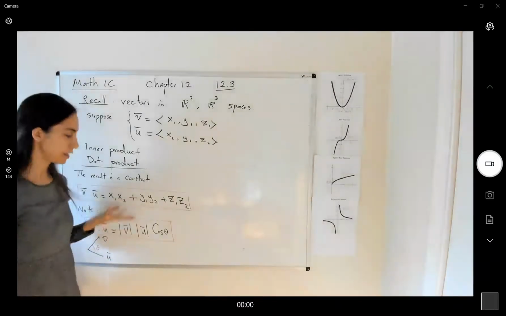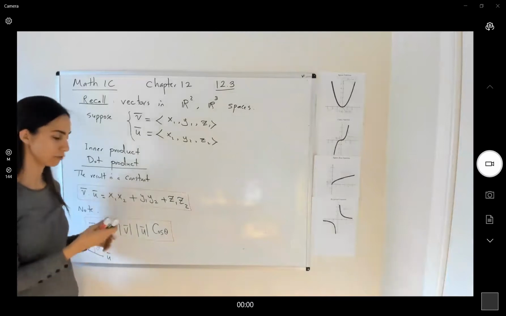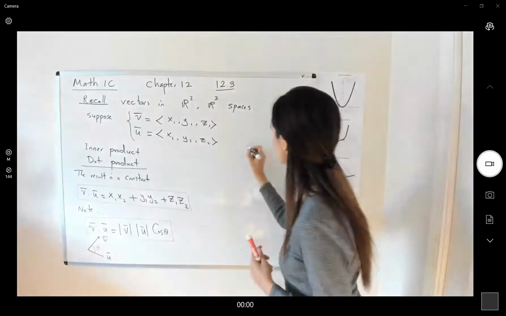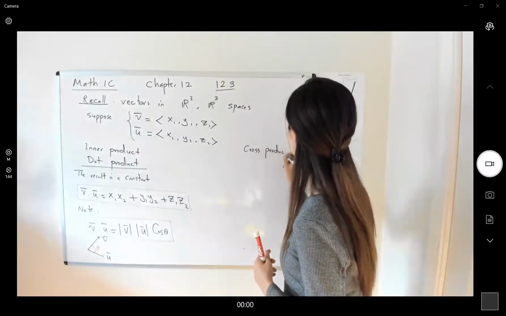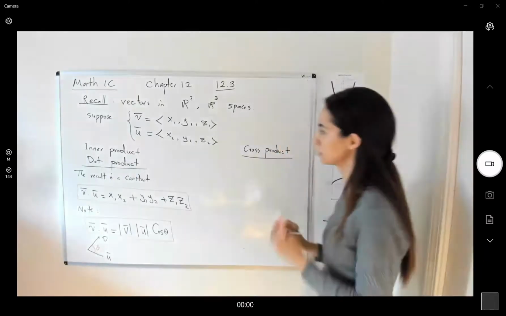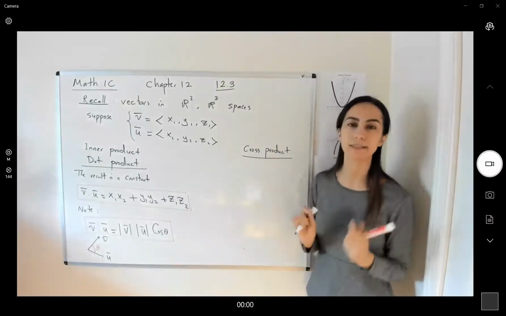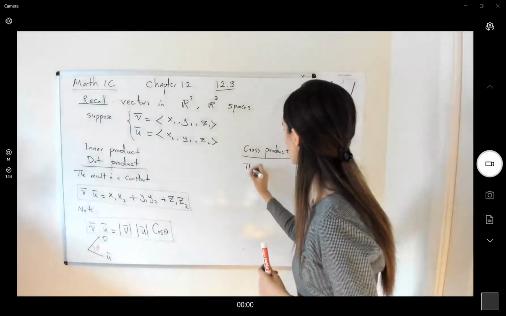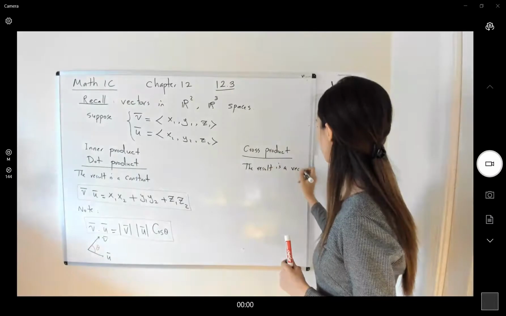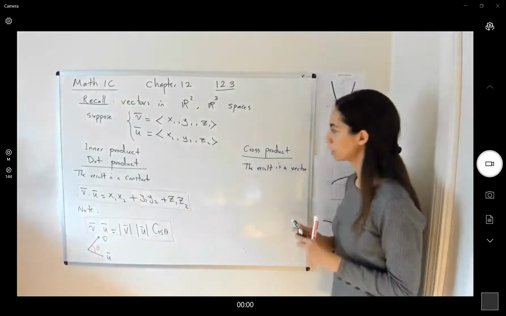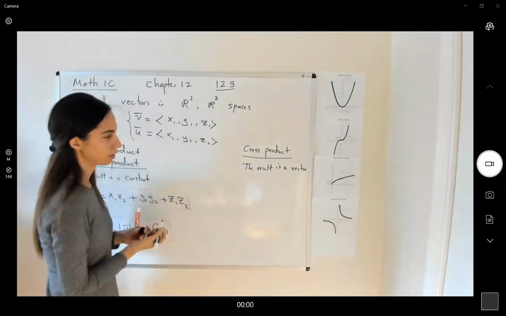Before going over any example about dot product, I'm going to define cross product as well for you. Cross product. So you see the difference between these two. The result of a cross product is always a vector. The result is a vector. Okay. We define cross product between, for example, two vectors,